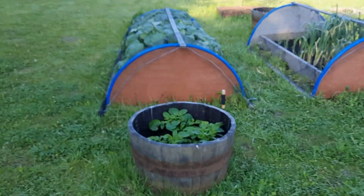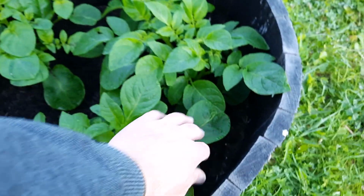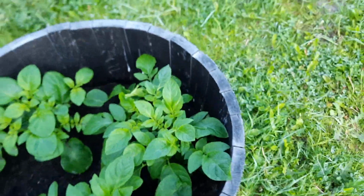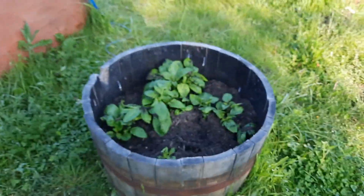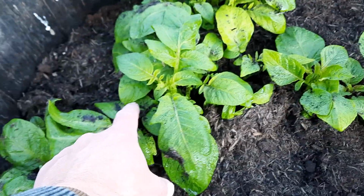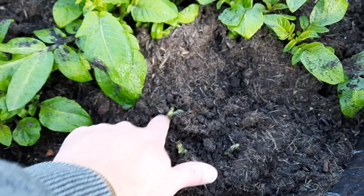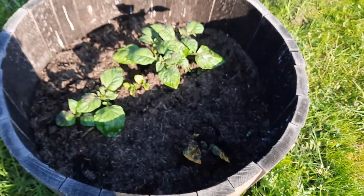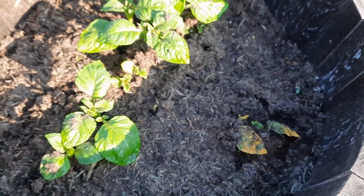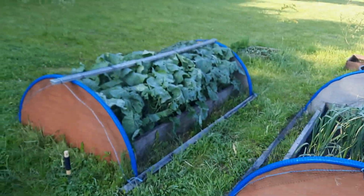Potatoes outside, I banked those up the other week, and look at that, they're already shooting out. They do need banking up again. All of them actually. You can see where the soil debris from when I banked them up, and they're just shooting up everywhere. Look at this, down here as well, in here, shooting away, as they are in here. So really pleased with these potatoes outside,